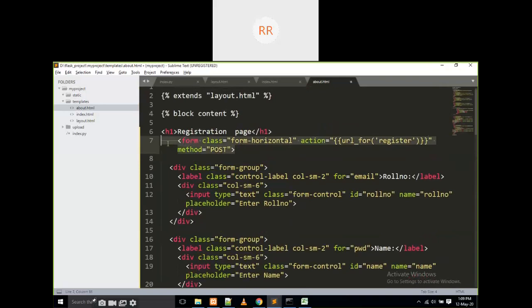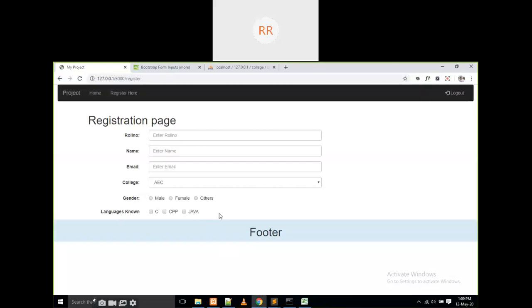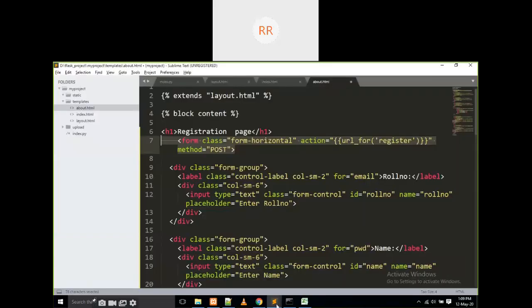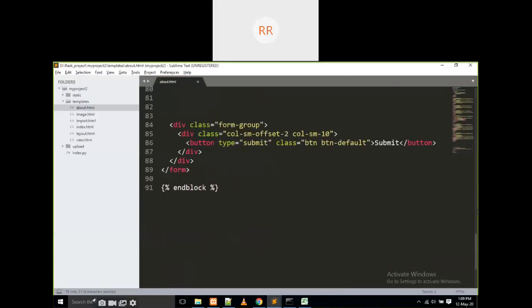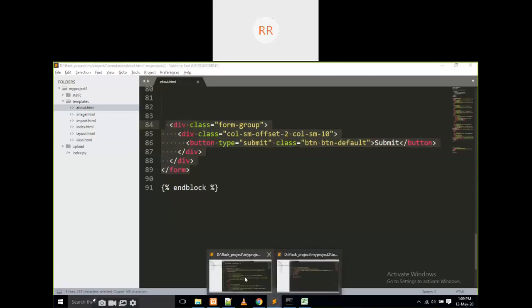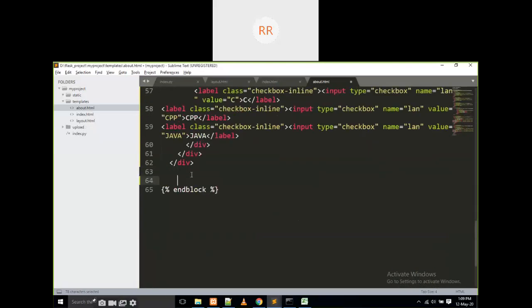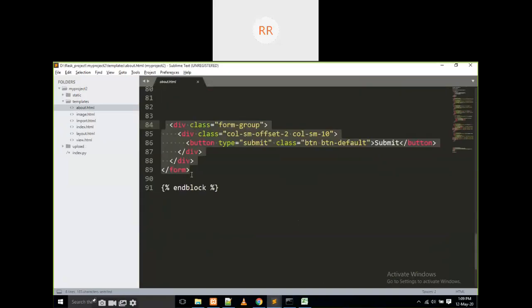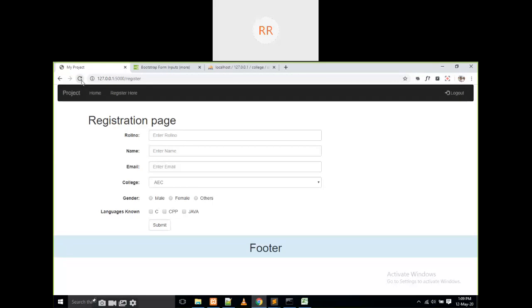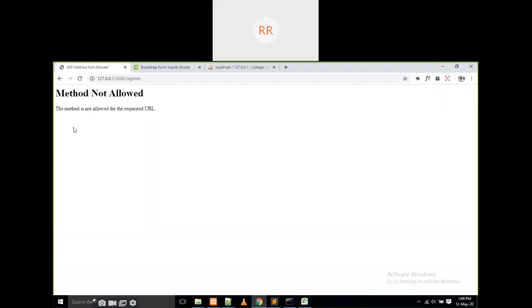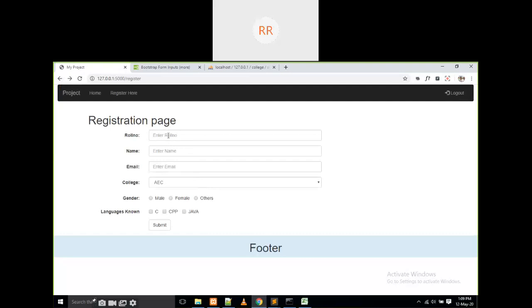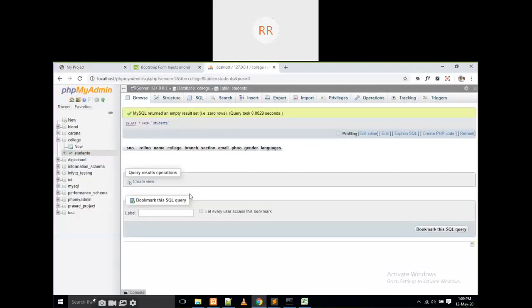In every registration form or login form or anything, if you click on some button, that means I want to click some button here. I missed that button, sorry for that. I'm giving some button here. If you click on this button, then the total data we entered here is going to be put into the database.